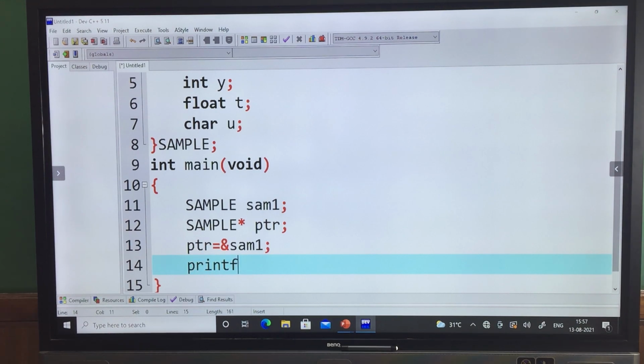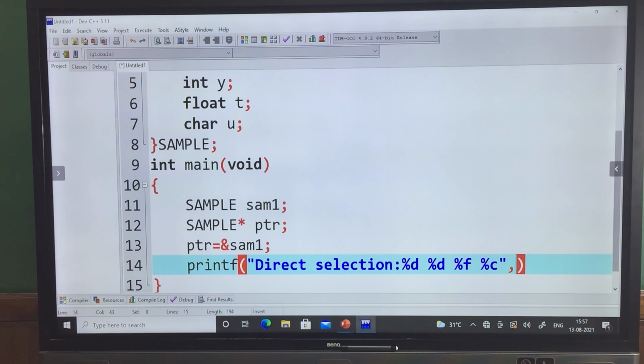Simply put the first printf. I am showing direct selection, which is nothing but using the dot operator. What are my conversion codes? Two integers, %d %d, one float, %f, and one character, %c. Now pass all those values.